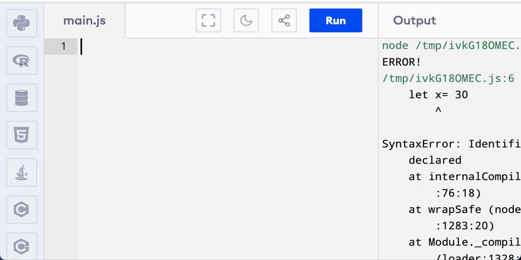Today we are talking about a really important topic for everyone learning JavaScript: the difference between let, var and const. Knowing when to use these can help you write better and cleaner code. So let's jump in. First of all, we start with var,